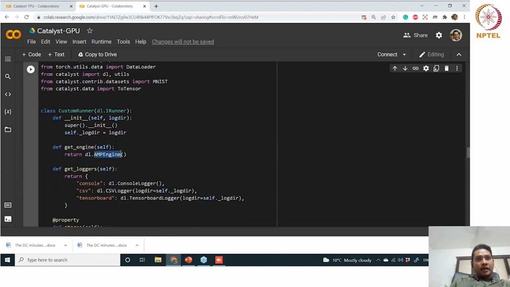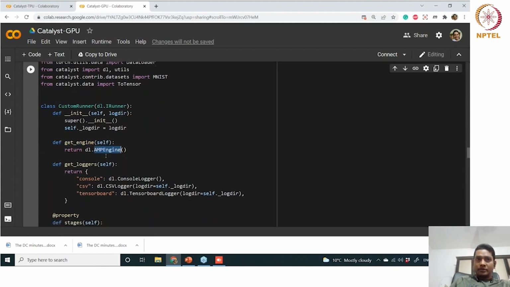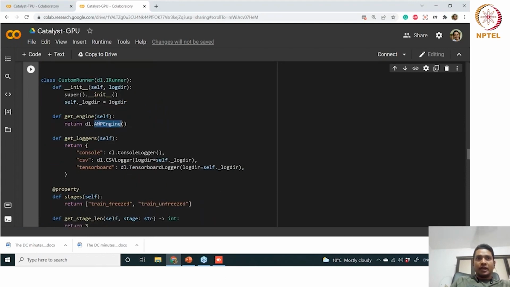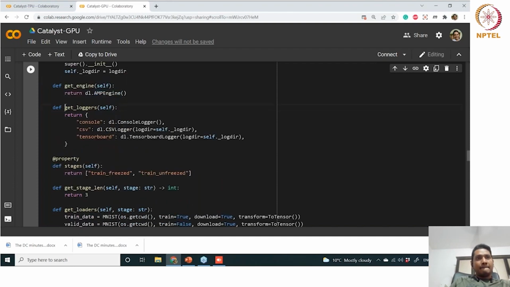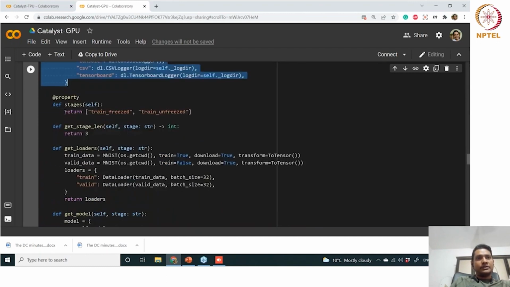So AMP engine we are using. So again, this is just to use the AMP library, and the AMP engine will enable the mixed precision execution. So get logger, we want to have console, CSV, and TensorBoard available to these directories.